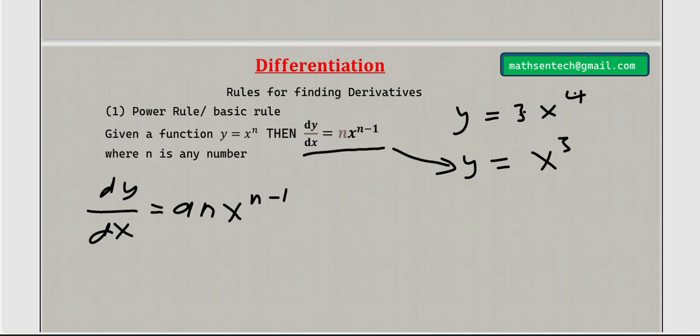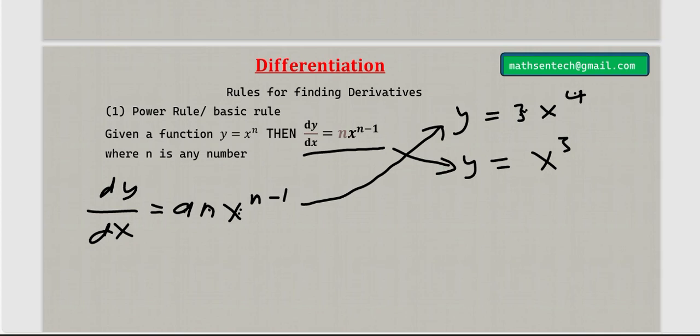So this a here is this 3 here. In short, we multiply the coefficient by n, then x to the power n minus 1. So the same here: we are going to take 3 times 4, which is a times n, then x, 4 minus 1. So in short, to get the derivative of our first equation right there,